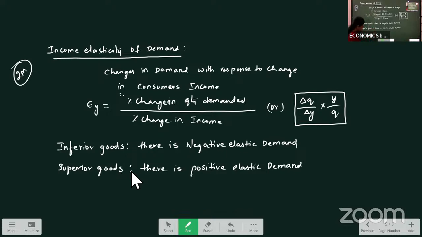Okay. Now, next is the cross elasticity of demand. This is the same as our cross demand. Cross elasticity or cross demand explains what? It explains the relation between two related goods. The two related goods are either substitutes or complementaries. So for this cross elasticity of demand,